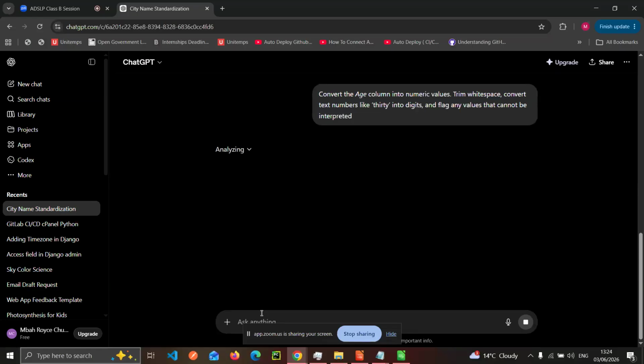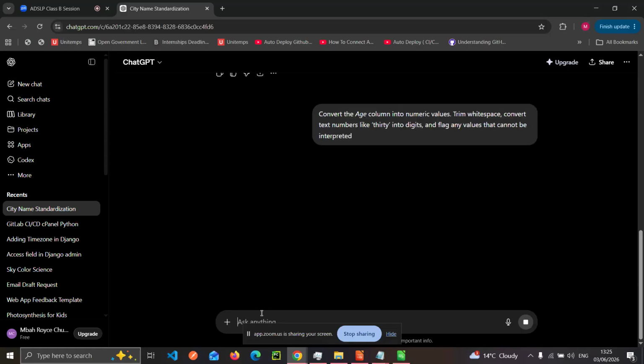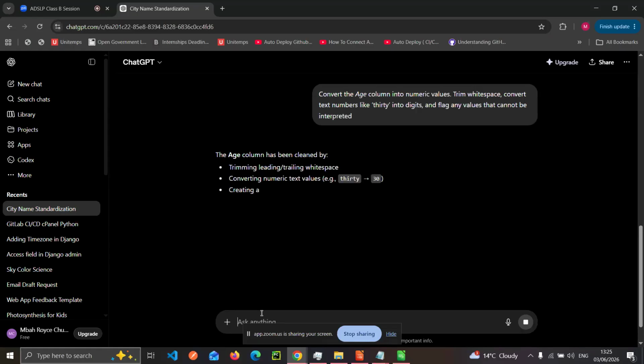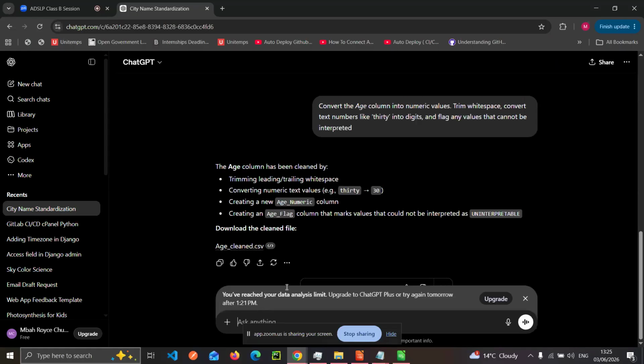And like we saw in our previous session on prompt engineering, we could always redefine the prompt. We could always update or refactor the prompt if it does not meet our objectives or the outcome. And you could see here, it was able to identify that the text number thirty is actually 30 as a numeric value.